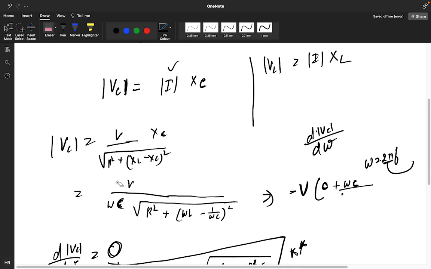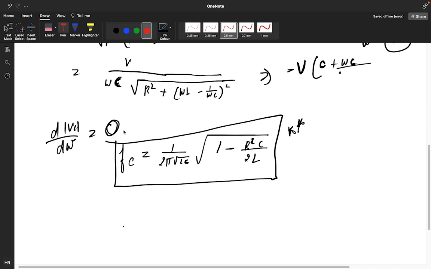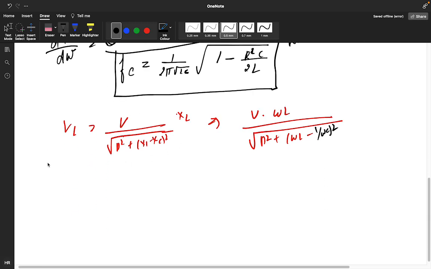And the same thing you have to do for getting the result for VL. So for VL, VL is V divided by root under R square plus XL minus XC the whole square, into XL. So V into omega L divided by root under R square plus omega L minus 1 by omega C the whole square, and here you have to do dou VL by dou omega is equal